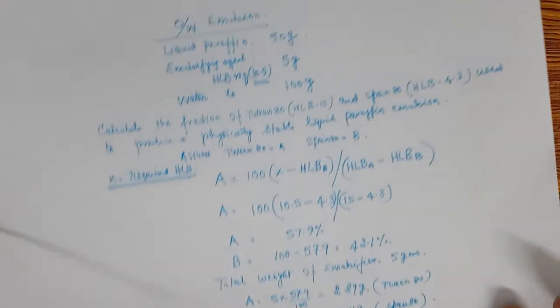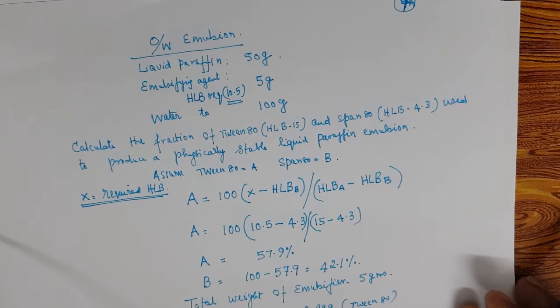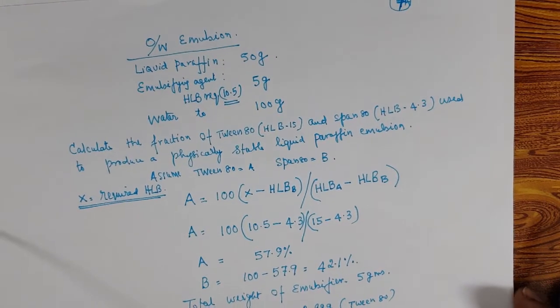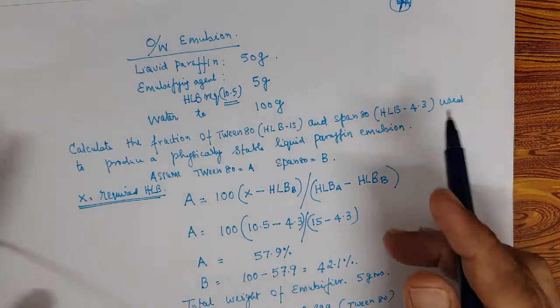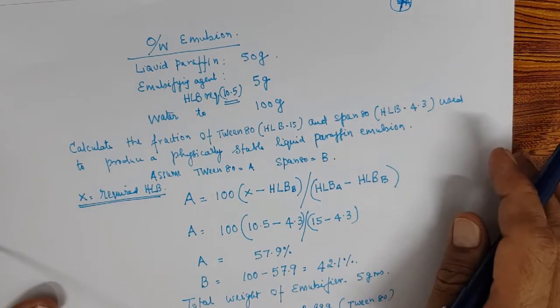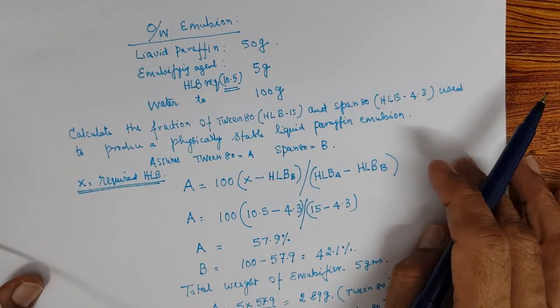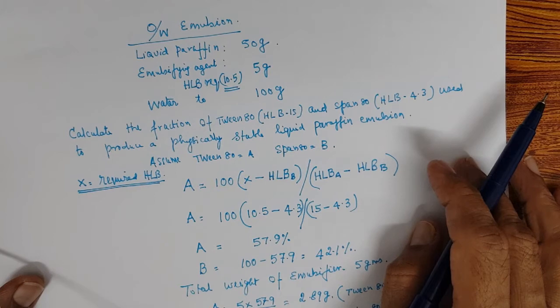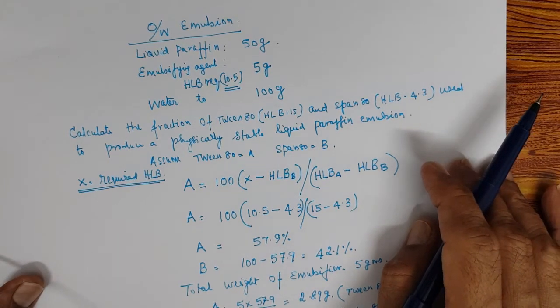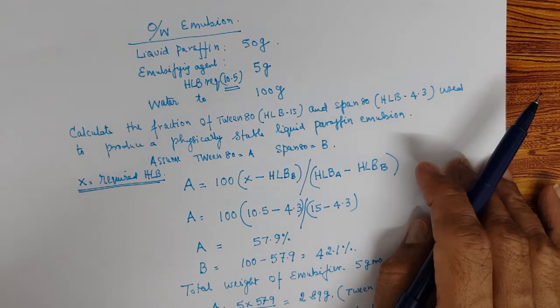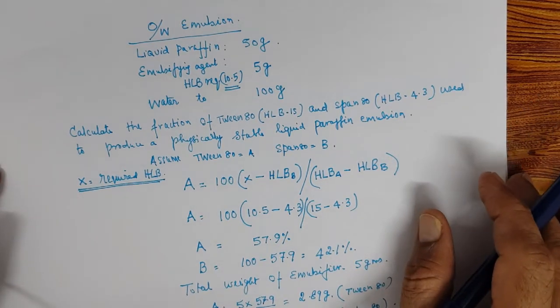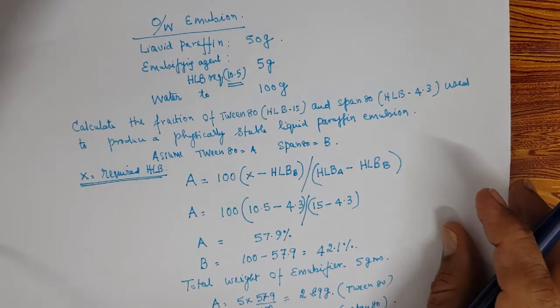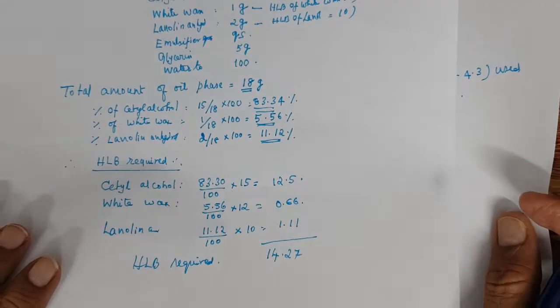Now, how do we know what is the HLB required for my product? This is another thing: you want to find the HLB required for my product first. Okay, now I will do that first. See,